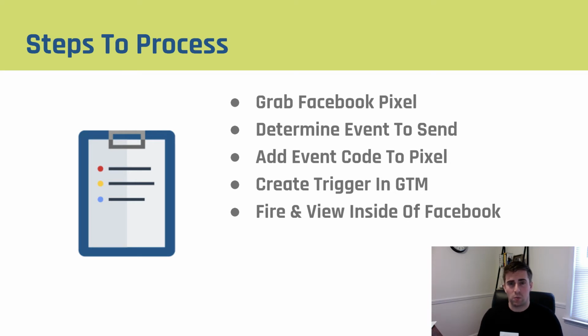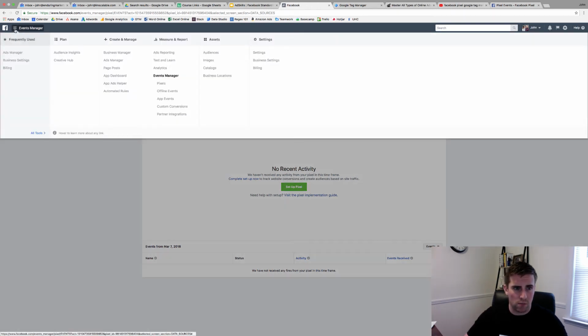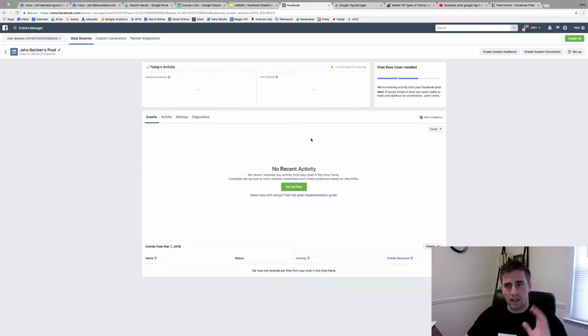So let's head over to Facebook and I'll show you how to install your standard events. Okay, so I'm inside of my Facebook account and I've gone into the Events Manager. The way you get here is you click on your tab and you look at your pixels. So this will bring you into the Events Manager tab. Now this is my example account. I don't actually have this pixel set up, but I'm going to show you exactly how I would go through